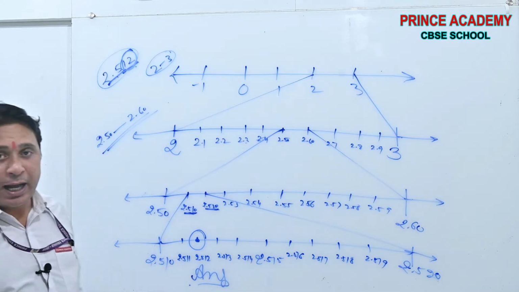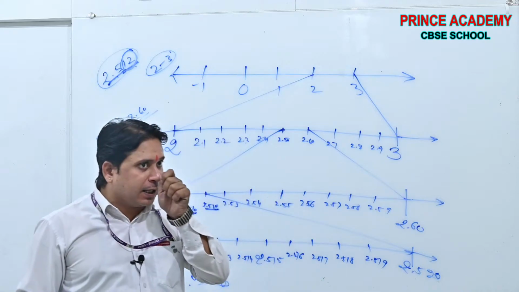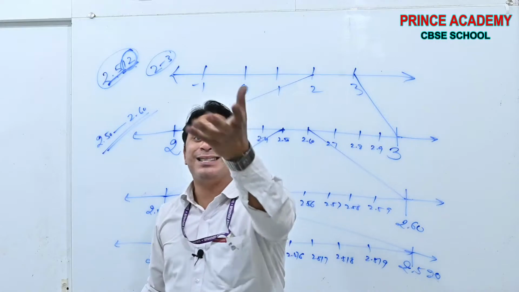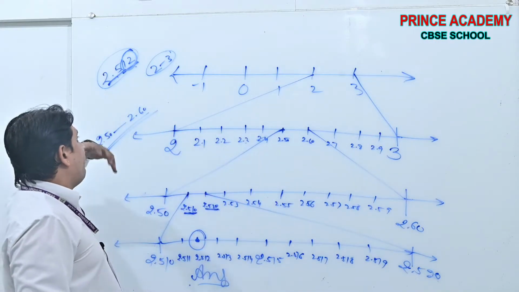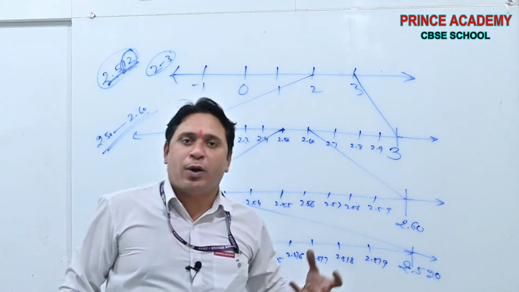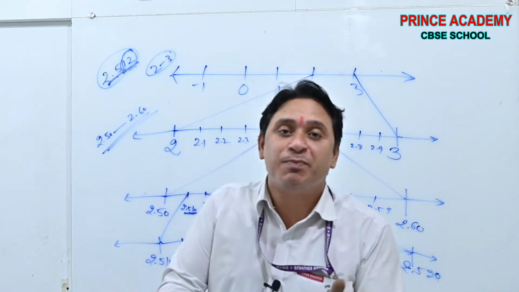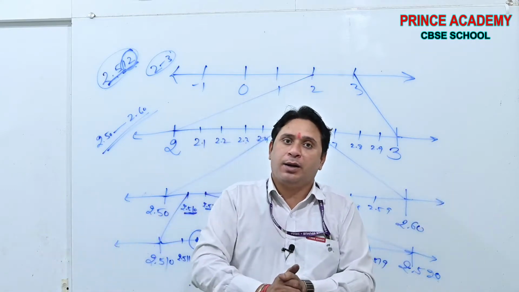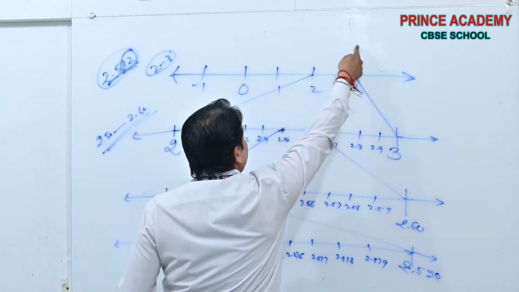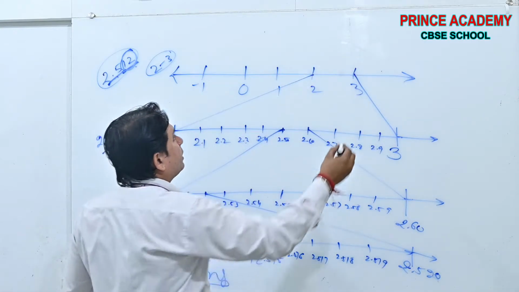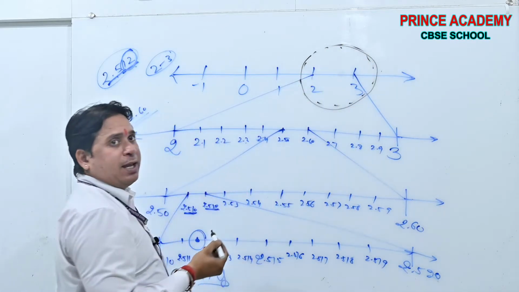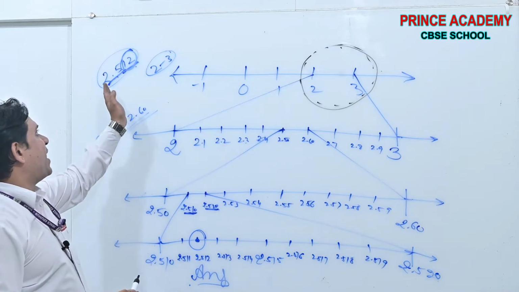Yes or no? See beta, whenever I am taking the lens towards anything, it is magnified automatically. The same thing I am doing here. First you have to discover the number which is to be shown on the number line lies in between which integers. Then take the lens, put it on the integers. You magnify into 3.